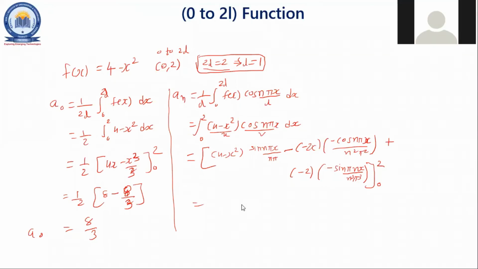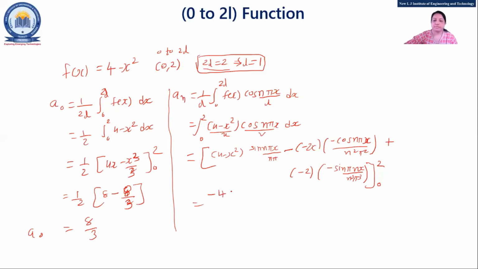Yes, ma'am. I want the answer of this equation when you are applying the limit. First term is 0, because sine 2n pi is 0, so no need to write. Then minus 4. You need to consider that term, so minus 4.